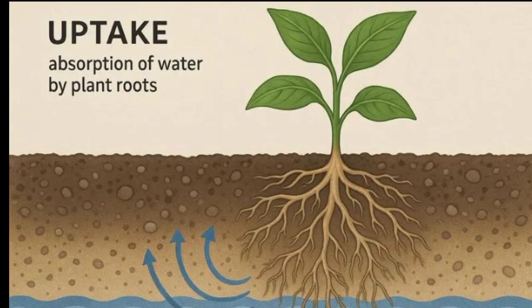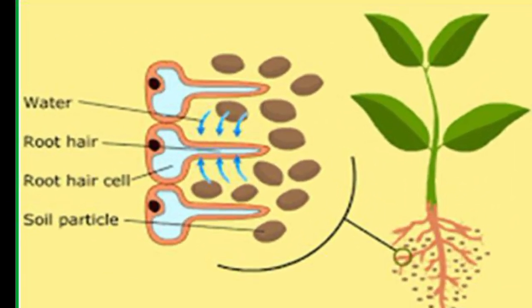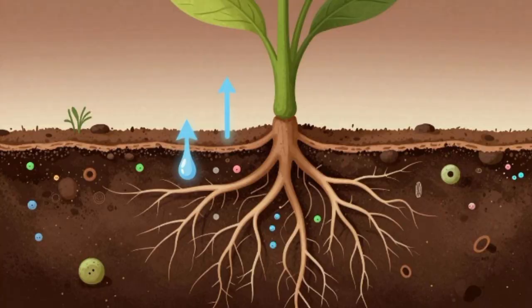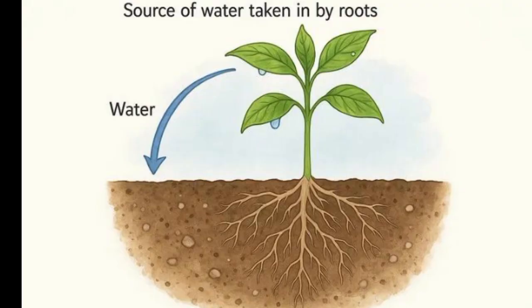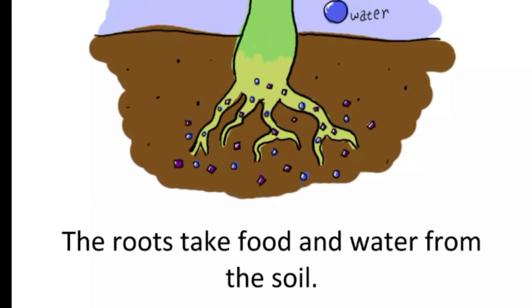During this process, the first step is absorption of water by the roots. We give water to the plant and the roots absorb this water. This water travels to the leaf through the stem, and the special cells that take water upward are called xylem. Roots absorb this water and it helps in the process of photosynthesis. Roots take this water to the leaves of the plant.